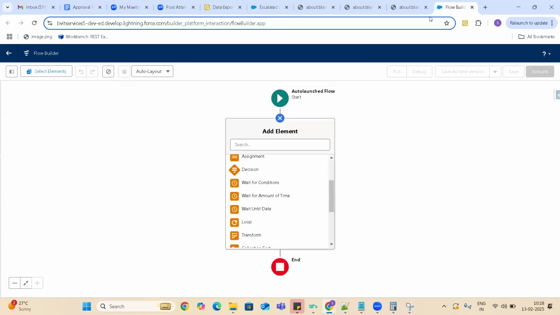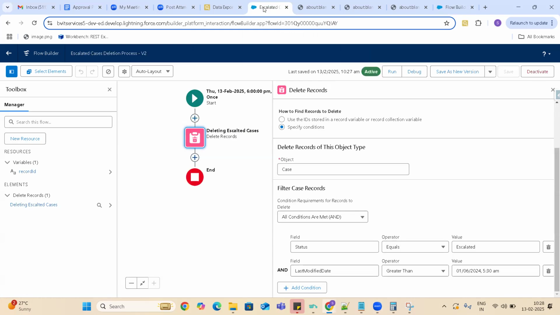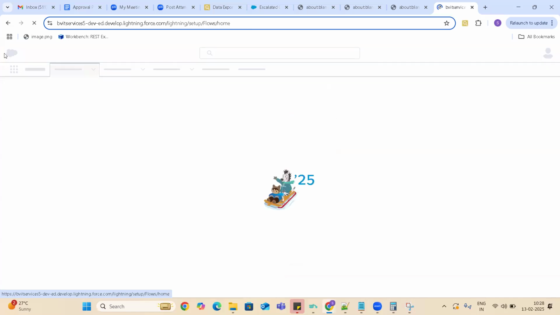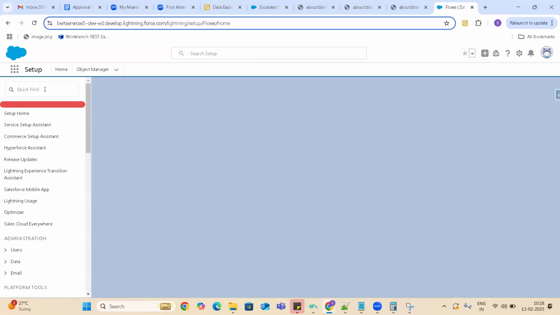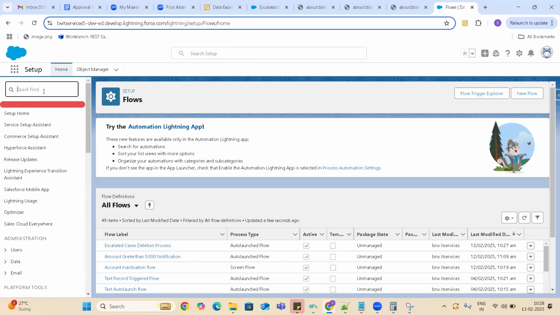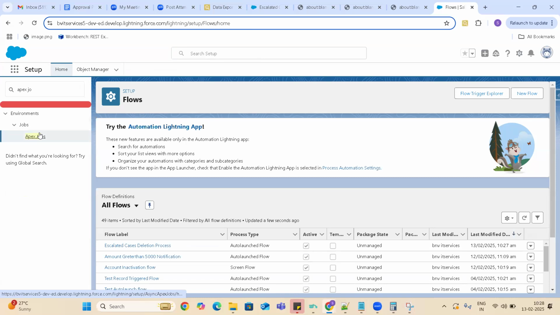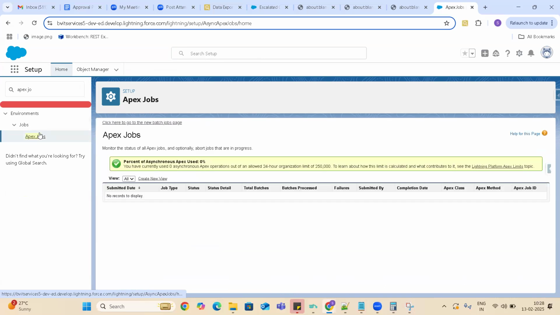Also, you will see a record under setup Apex jobs. Using these Apex jobs, we can see all the scheduled actions that ran and the status, and in case of any errors, they will display here.